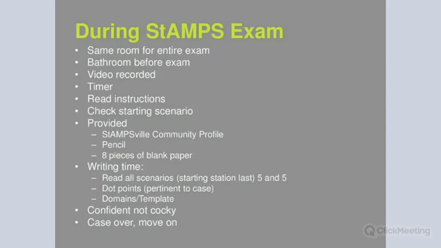You might be starting at scenario 6, and for some reason ACRRM tends to go backwards in regards to the scenario number. So if you maybe start at scenario 6, then you'll go to scenario 5, 4, 3, 2, 1, 8, 7. I don't know why they do that. I think it's just another way that they can trip you up, but please make sure that you know that you're going in the right direction. And usually they give you a piece of paper which outlines which way the scenarios are moving, but both in my emergency medicine StAMPS and also the primary curriculum StAMPS, they both went backwards.